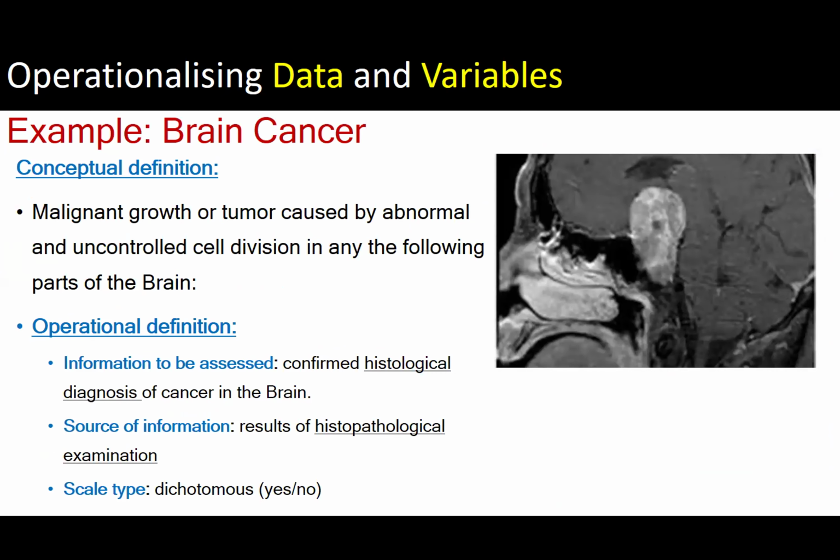Let me give another example about brain tumors. If you want to talk about brain cancers, you need to define what you mean by a malignant tumor, a benign tumor. Okay, how are you going to diagnose? How are you going to consider a case of a brain tumor? Is it histological diagnosis? Okay, is it immunohistochemistry or other means? These have to be defined in the protocol for your research, and you have to know the kind of scale which you are going to use, is it a dichotomous scale, is it a continuous scale, and so on and so forth. So these concepts need to be defined before you do your research.